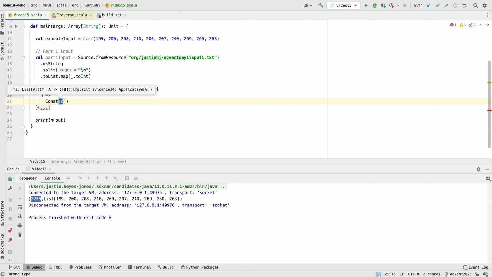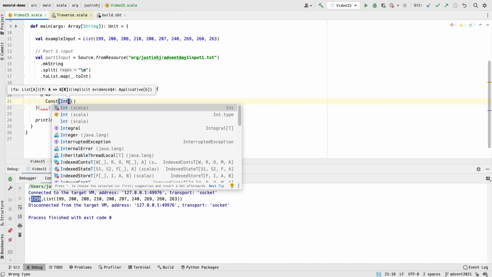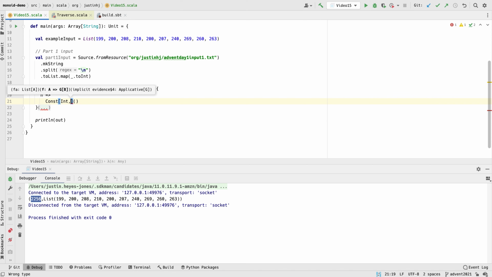In fact, const has two parameters, and it essentially just drops one of them. So what we need to do is decide our type. So we're going to say it's going to be an int. The second parameter can be anything because we just ignore it. Now I'll have to drop a link to explain const a bit more because, again, I don't have time to